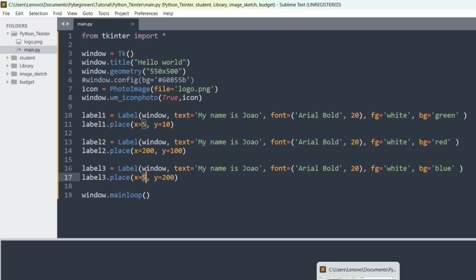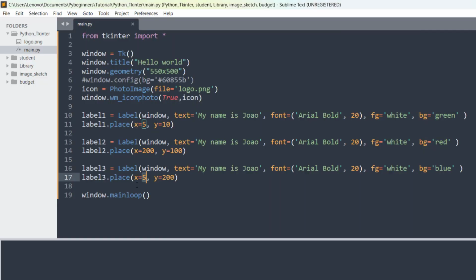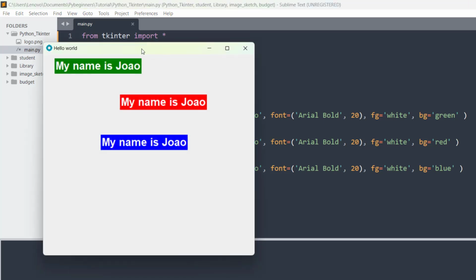Let me check where it is. Okay, perfect. So I just have to move it a little bit, 200. This one might be 150, and this can be 30. If I save and run this, now as we can see, we moved it.